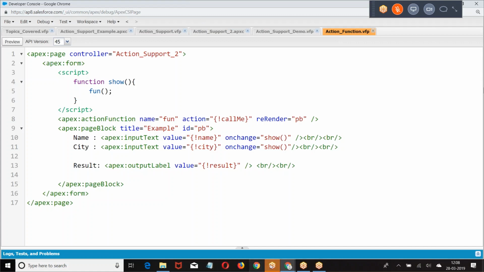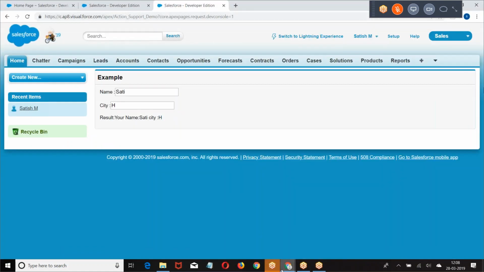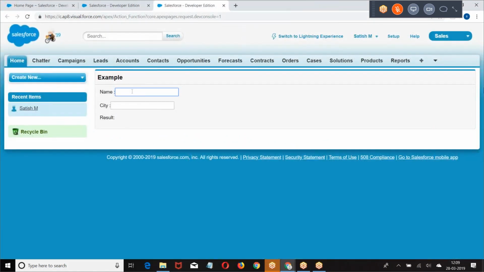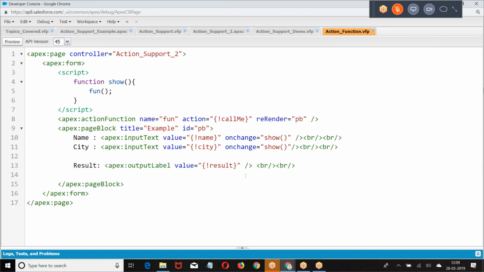Now look at this example. Name testing. Are you getting it? Same logic. But how many times did I define it? Only once. How many times did I define it? Only once. Right? But used it many times. Now here, I even want to make some changes. Look at the point.